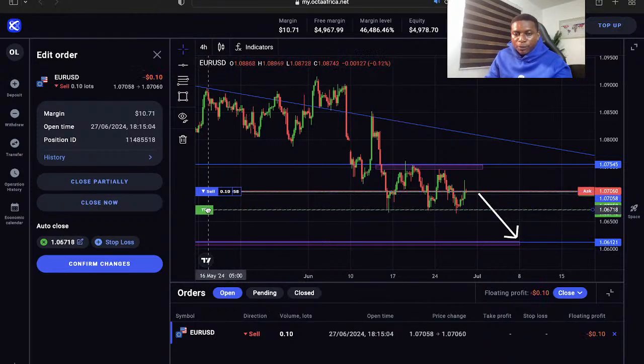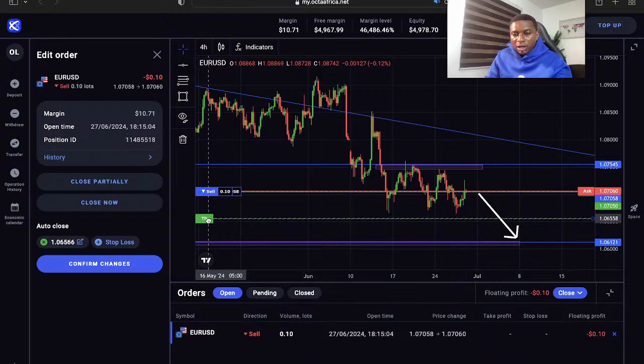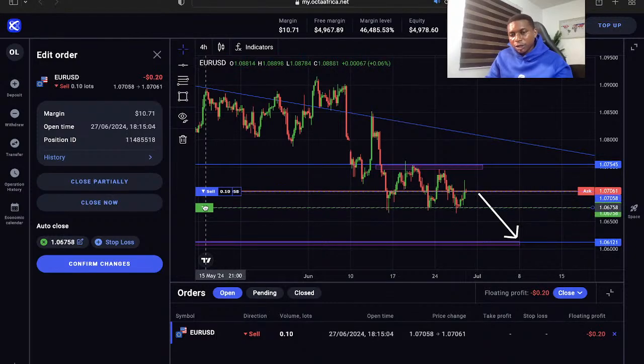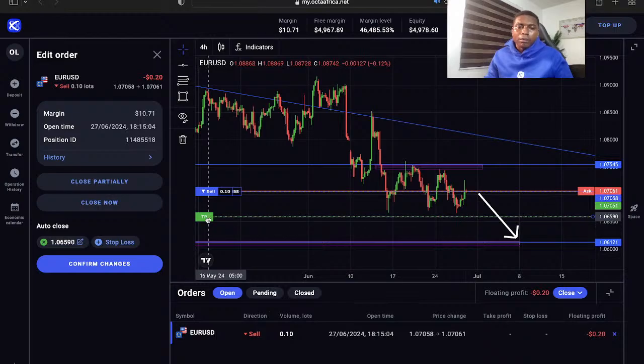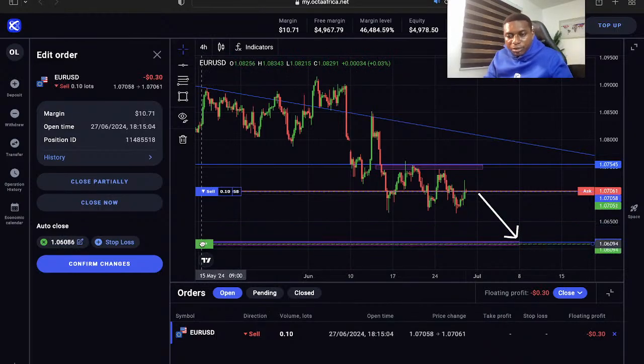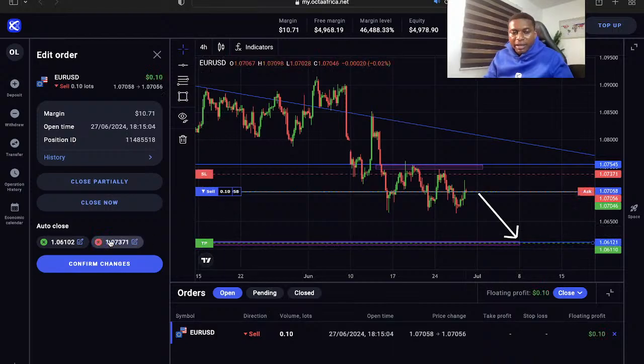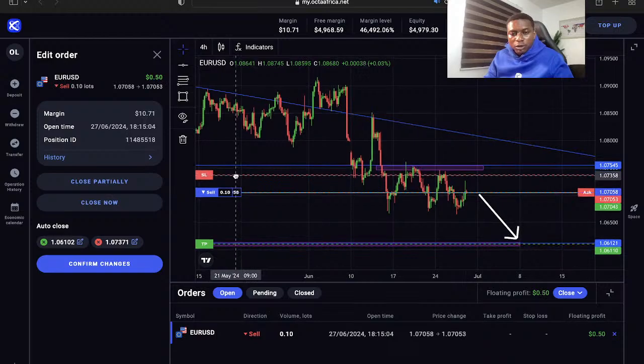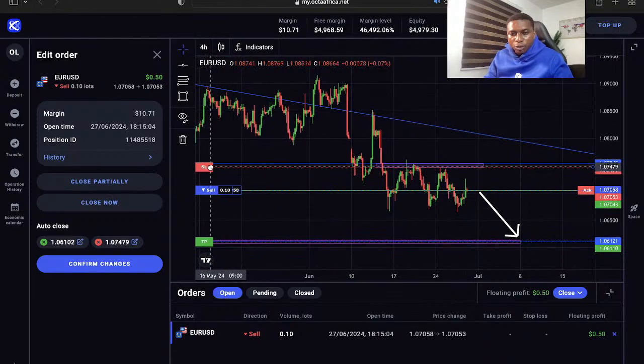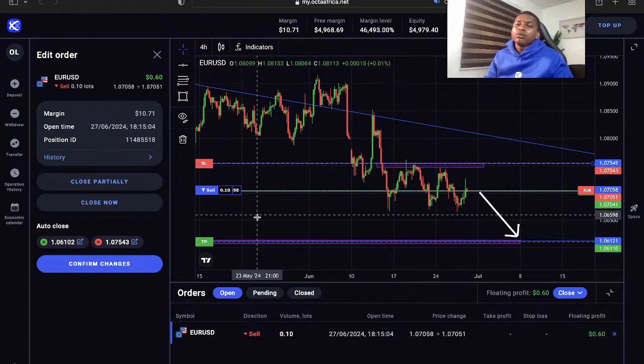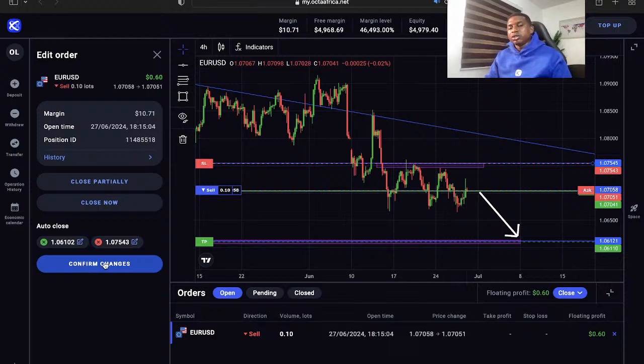Now from here you can come here to adjust your take profit level. Can you see me using my mouse to move my take profit level to the preferred level I want, and then my stop loss, I move it to the preferred level I want my stop loss to be, which is the level we've set. Now after I've done this, I can then press confirm changes. On the other hand,